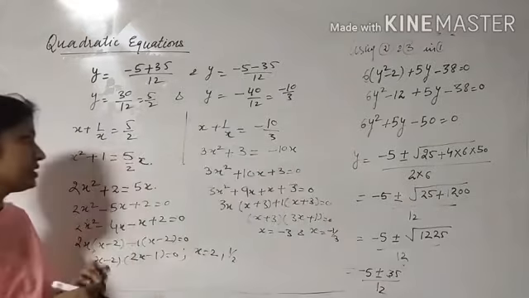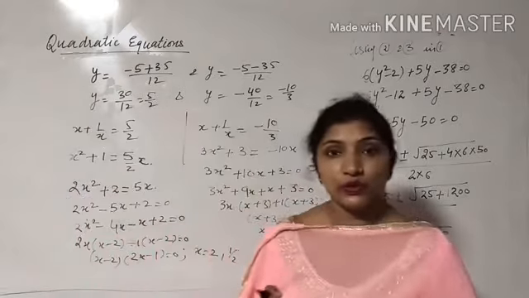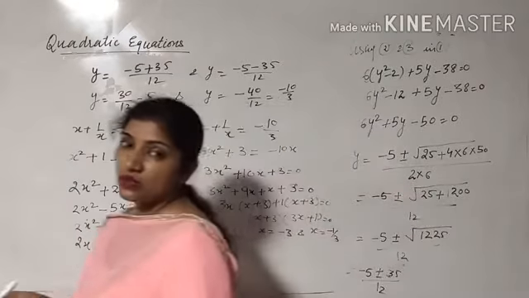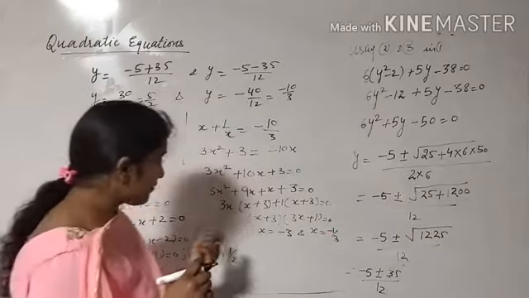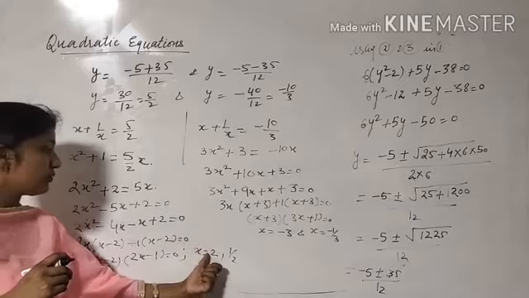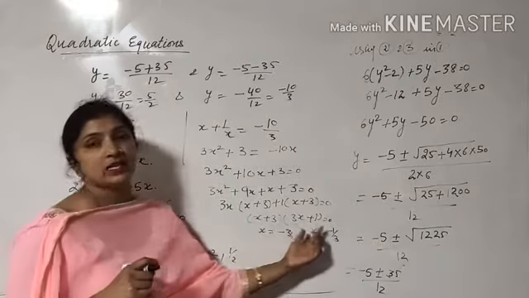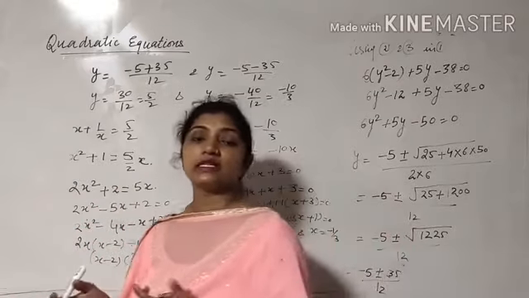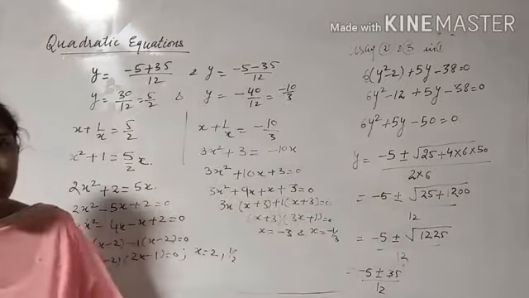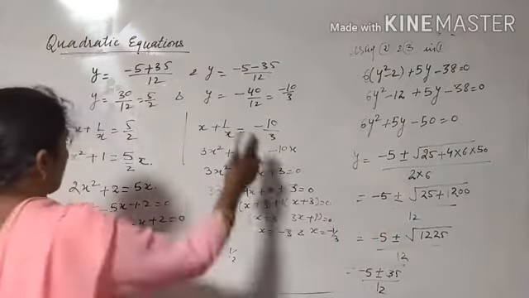So as I told you that the quadratic equation has two roots, cubic equation has three roots, an equation whose degree is 4 must have 4 roots. So we get 4 values of x: 2, 1 by 2 and minus 3, minus 1 by 3. So in this way you can solve a reciprocal equation of degree 4. Let's do one example of the reciprocal equation of degree 5.